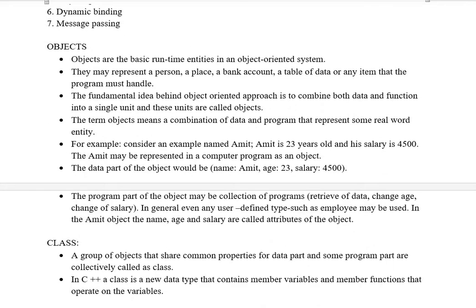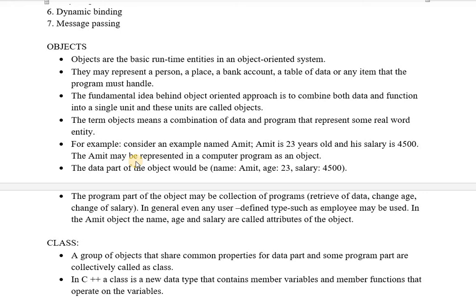Objects are the runtime entities. Consider, as we took the example of a student, the case of a person working in some company. That person belongs to the marketing department, and has a name, an age, and a salary. So for the marketing department, the class will be marketing, and that employee will be one object of that class.